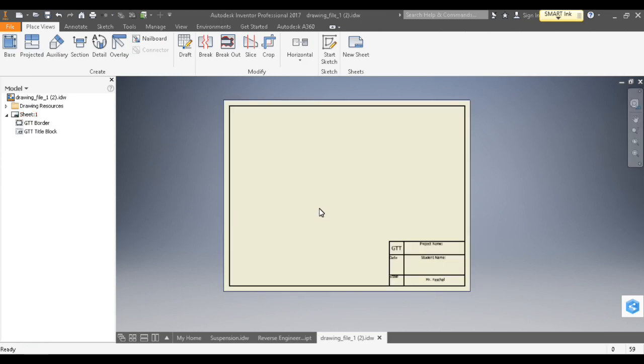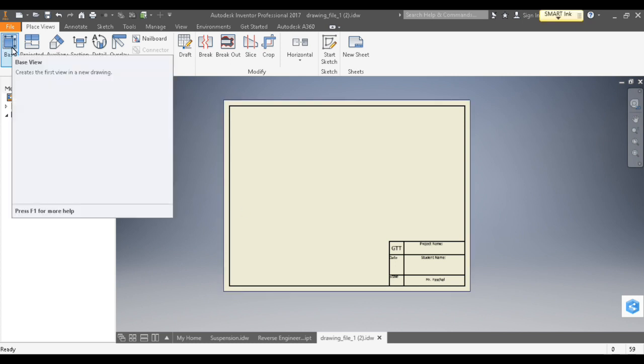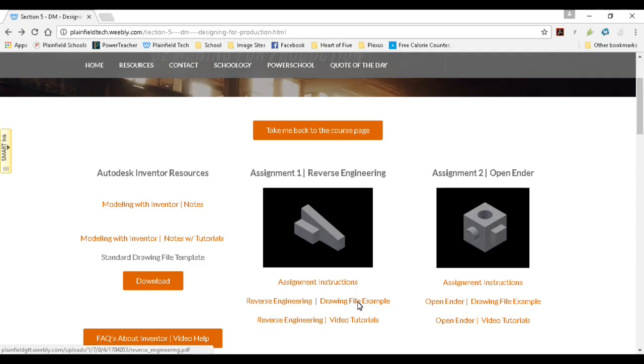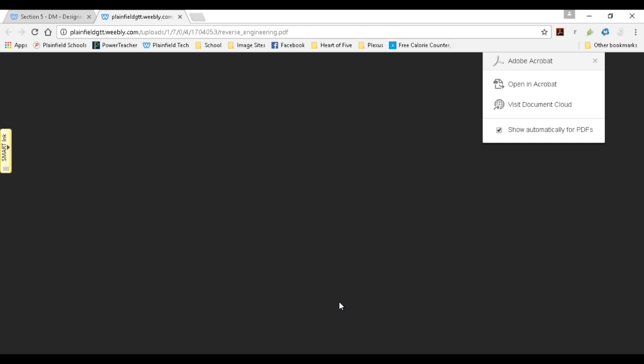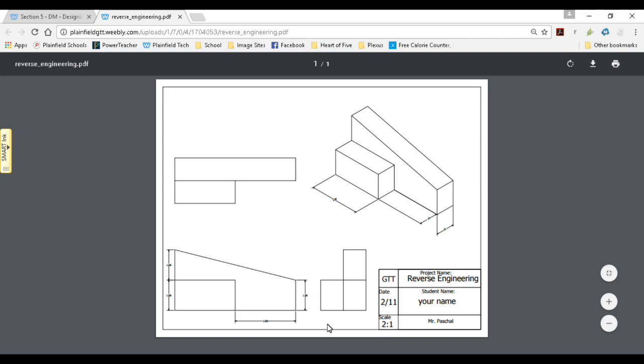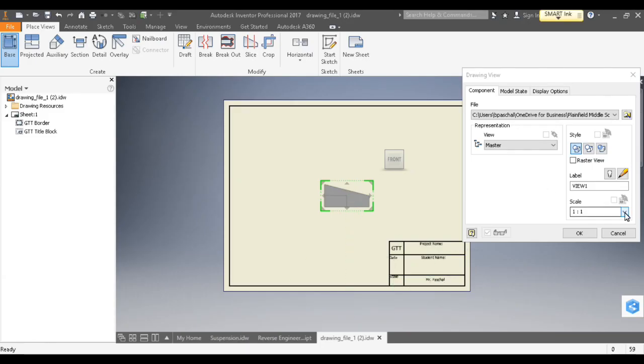And it opens. Now it's time to place our views. So I'm going to choose base, and it puts a base view in, and I need to change my scale to match the scale on the drawing file example. So that is here. That scale is 2:1. So now it's the correct size, and I'm going to move my front view down to the lower left-hand corner,